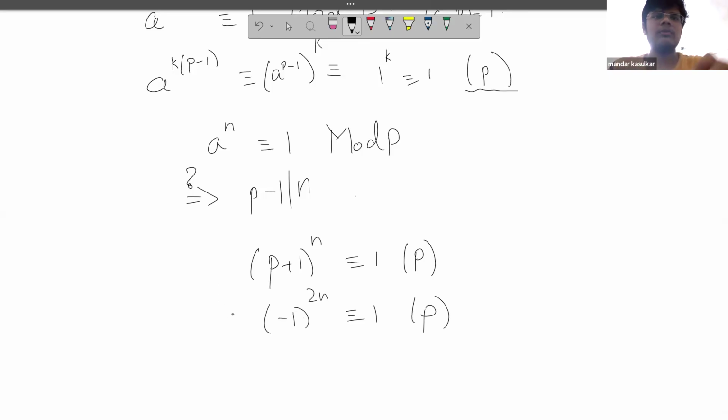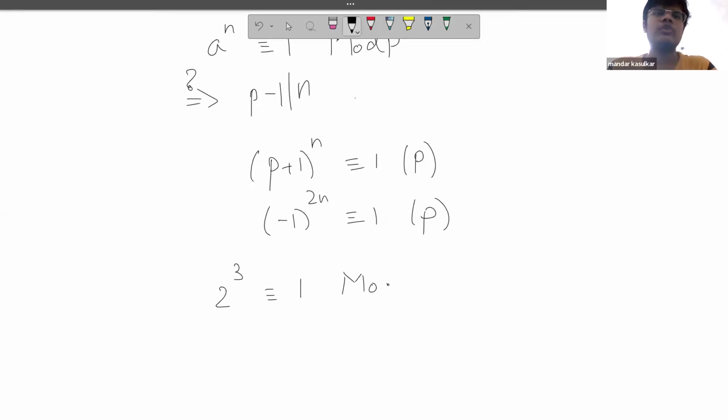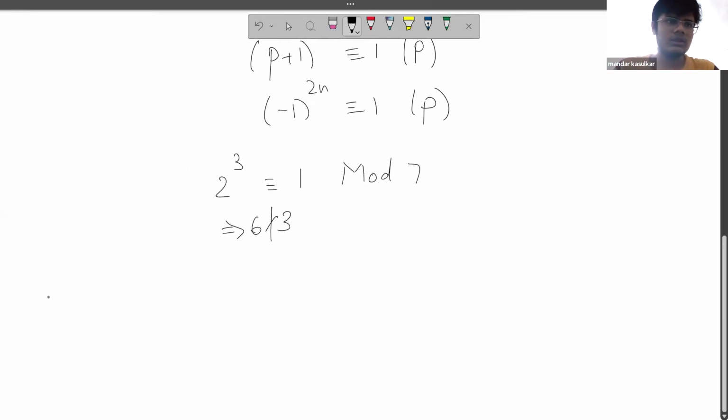One small non-trivial example you can get is 2 raised to the power 3 is congruent to 1 modulo 7. Yeah, that is true. So this gives us an example, and we can clearly say that 3 is not divisible by 6. So what this motivates us to do is define